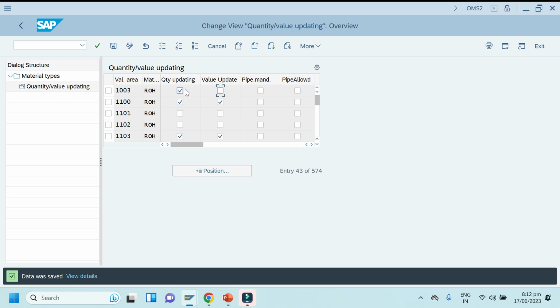and value update is not selected, then these materials must be procured for particular consumption GL account purpose only,